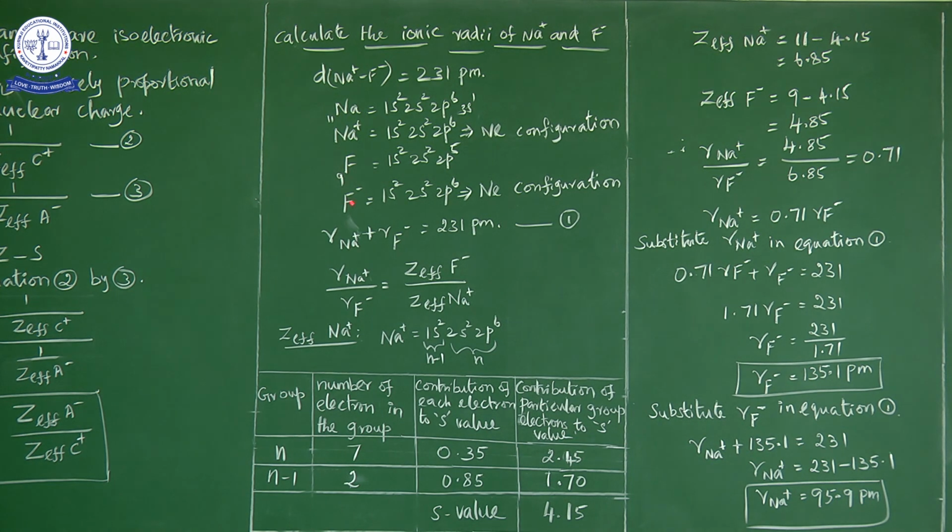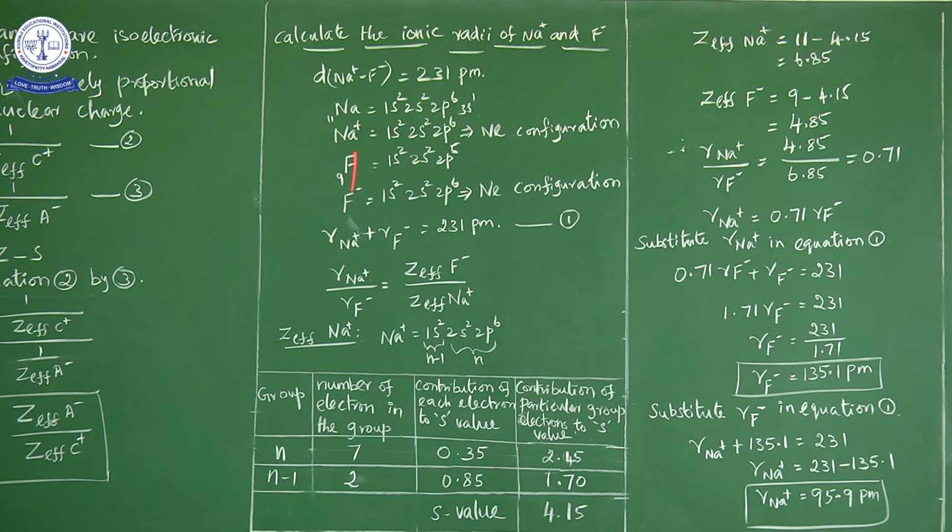So F minus is equal to 1s2, 2s2, 2p6. So neutral atom இருக்கும்போது 1s2, 2s2, 2p5. It gains 1 electron in its valence shell. அப்போ ரிலீஸ் ஆனாலும் அதோட valence shell outer shell தான் ரிலீஸ் ஆக முடியும். கெயின் பண்ணாலும் எங்கே தான் ரிசீவ் பண்ண முடியும்? அதோட valence shell தான் ரிசீவ் பண்ண முடியும். So 1s2, 2s2, 2p6 which is equal to the electronic configuration of neon. Neonோட electronic configuration similar இருக்கு. So both the cation Na plus and F minus are isoelectronic with neon configuration. Neon noble gas ஓட configurationக்கு isoelectronic இருக்கு.